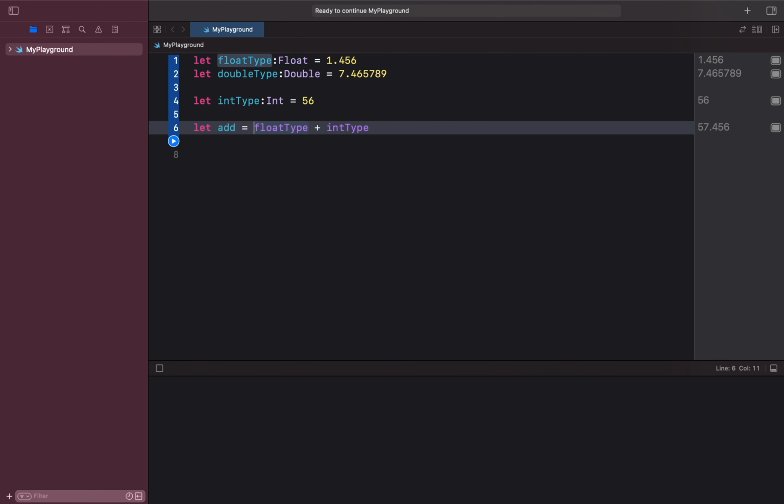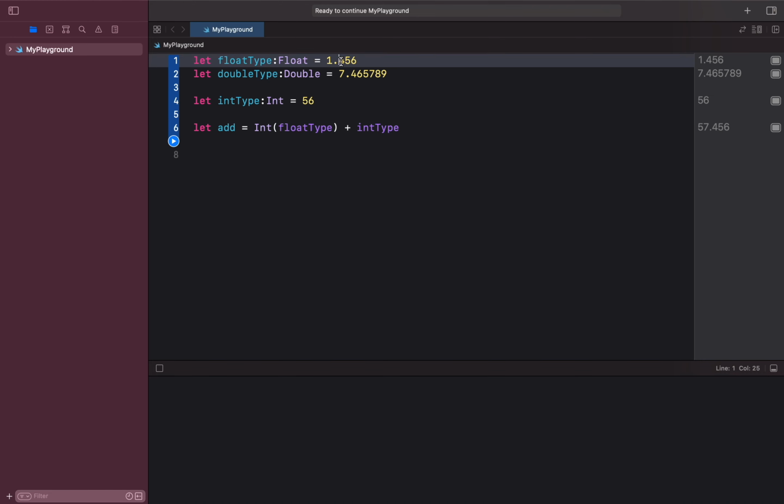But when we try to convert float into integer in this way, what will happen? That floating value will be truncated, and we will have only the 1 in that conversion. The initializer will initialize an integer constant with the value of a float type, but it will truncate the floating values.